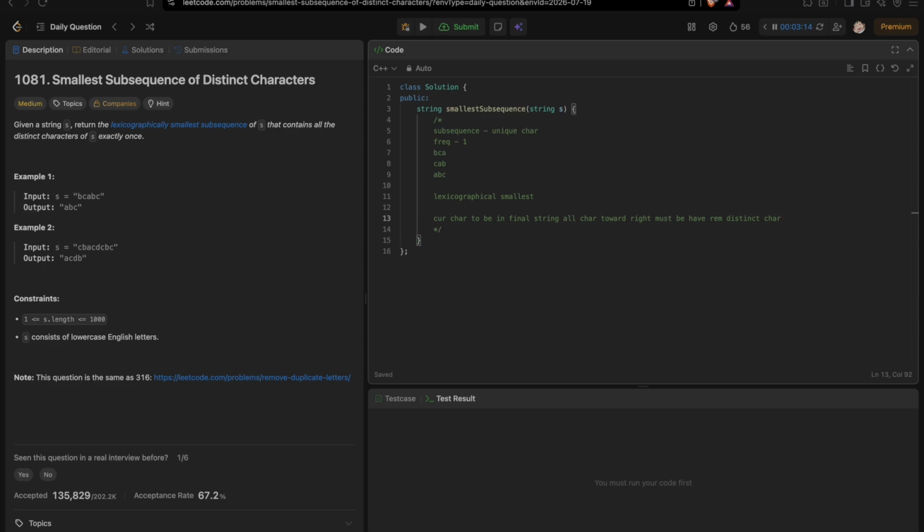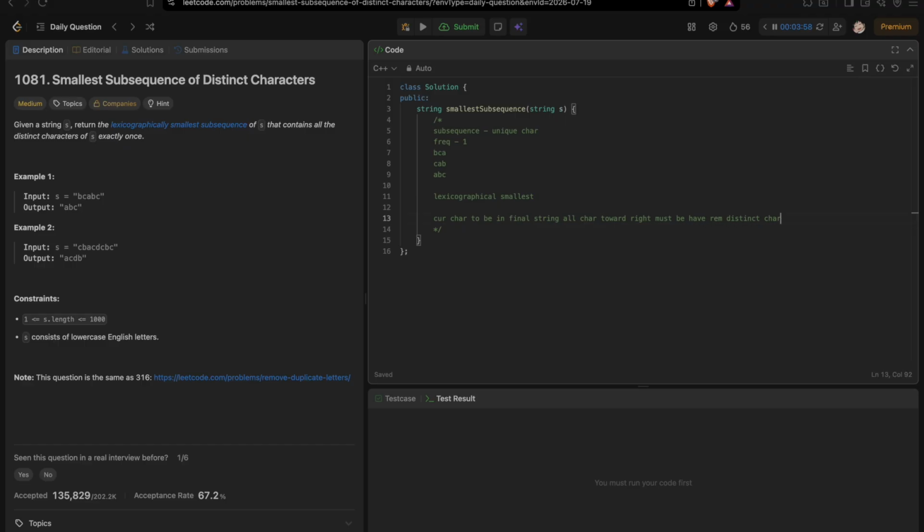Whenever you move from left to right in a map, you will reduce the count of the left variable. Once you reduce the count of the left variable, that means you have got that distinct variable into the array. Now if we got that previously, we don't need to consider it now. Got it? Now in that case, to find a lexicographically smallest subsequence,